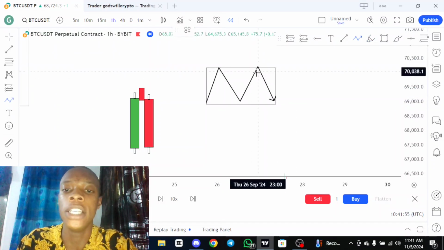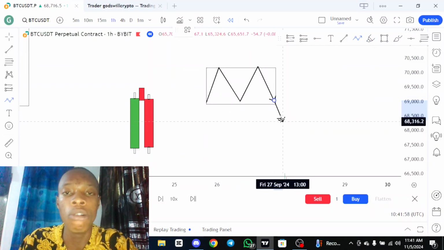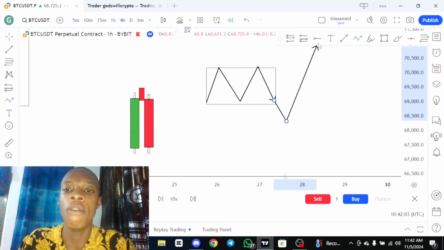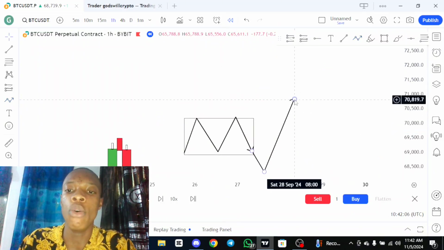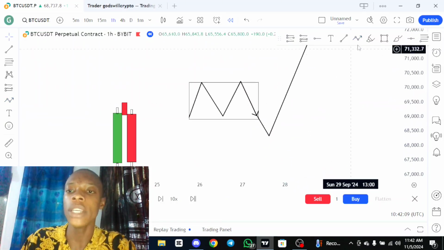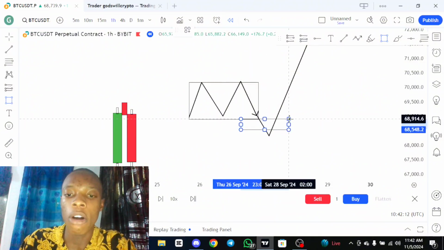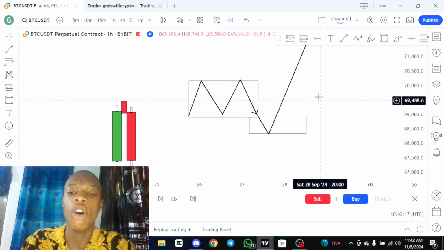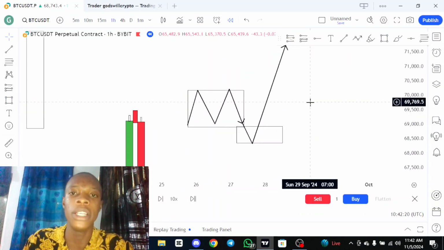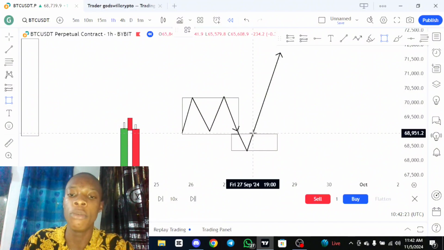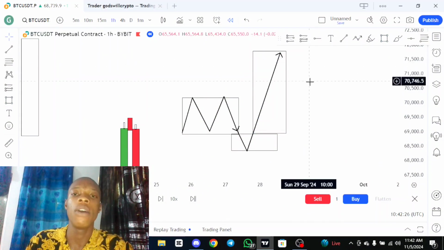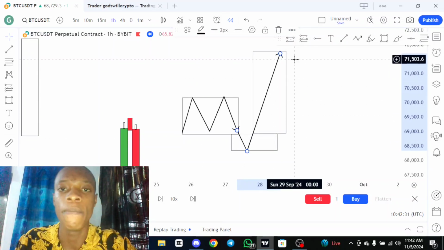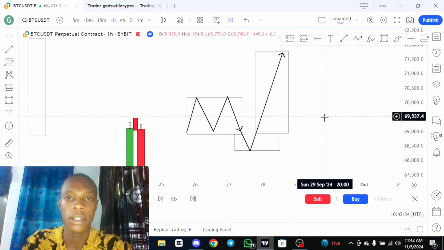Now, the manipulation phase is this: when the price will push down below or above this accumulation phase just to hit stop loss, and after pushing below or above, it will now rally up, then go in its actual direction. Now, this breakdown or breakout is the manipulation phase, a phase where it's going to go and hit stop loss, right? Looking for liquidity in the market. Then this phase, the distribution phase, is the actual phase we want to trade. This is what we enter, or this is the trade we take, and we distribute as the price is now in the distribution phase. I believe you got that.